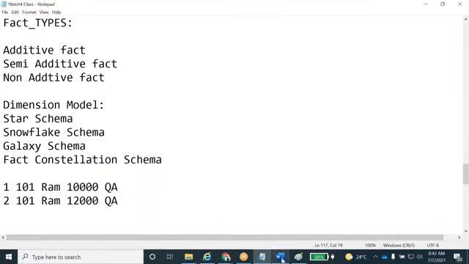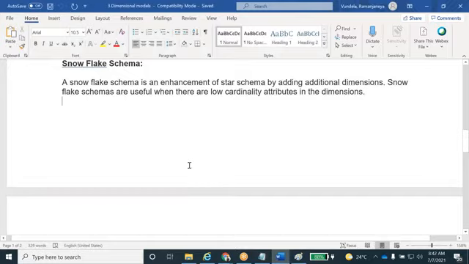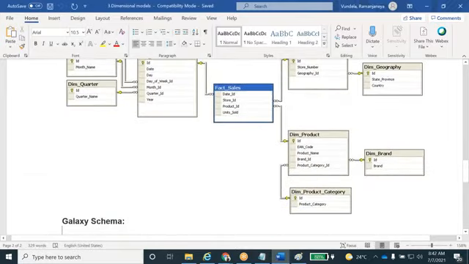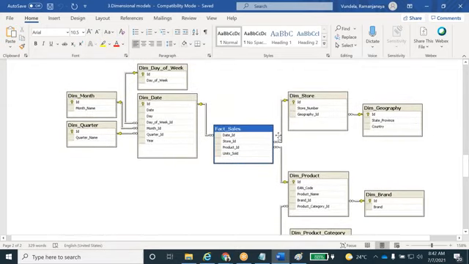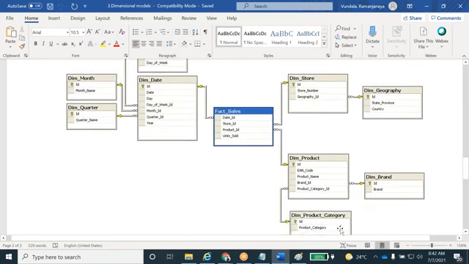Okay, guys, next we'll go for the snowflake schema. You can see how they design it. The fact table stores data, and the dimension tables they're going to split into two tables: one is the geography location table and the other geography country. Here, for fact sales, the dim product they're going to split into multiple tables: brand information and product category information.